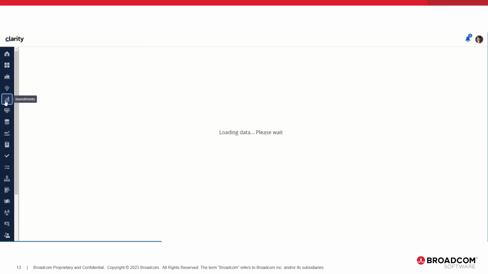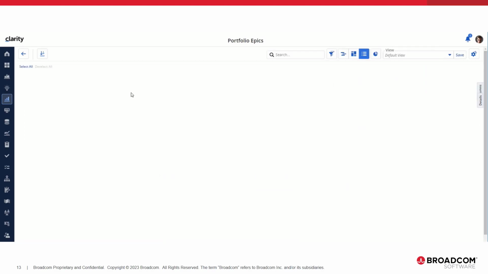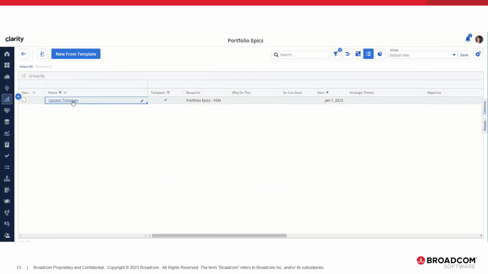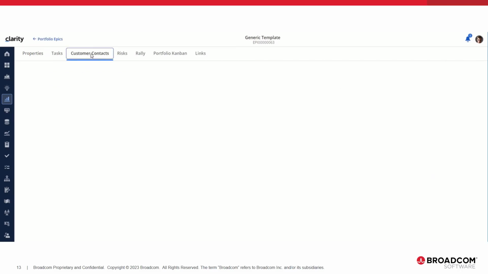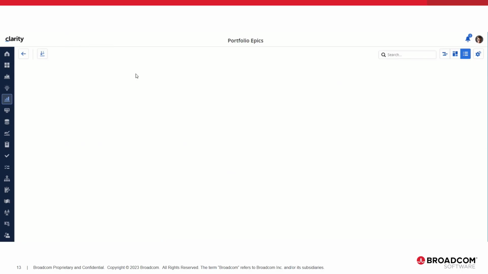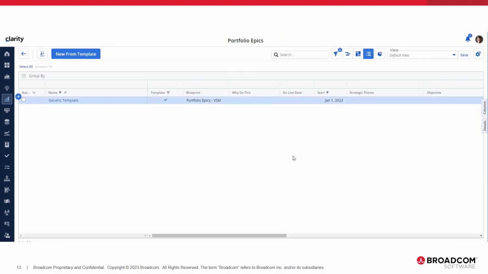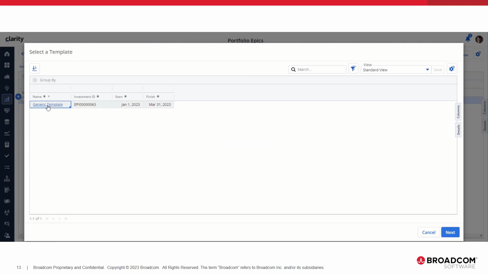Now let's go to custom investment type, and we'll pick one of our types here. And we have a generic template that we can take a look at. It has some properties. It has a custom object called customer contacts, and you can see here it's got some examples. So let's create a new investment that is a custom investment type from that template. So we'll click New from Template, select the template,